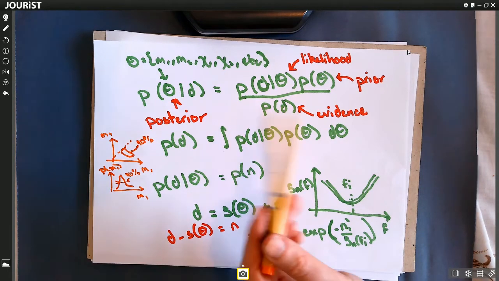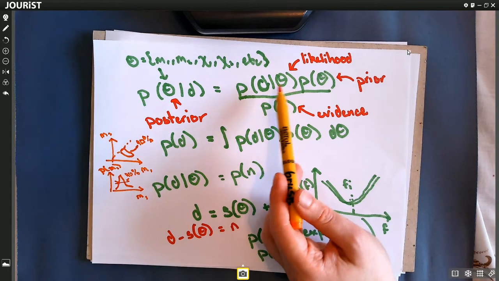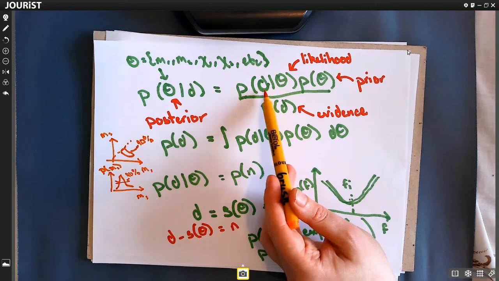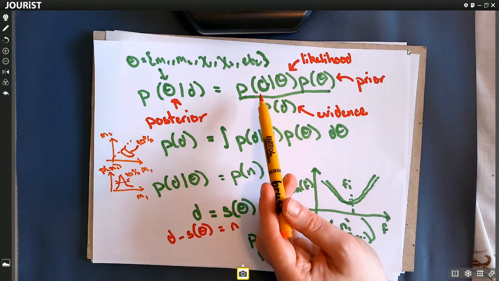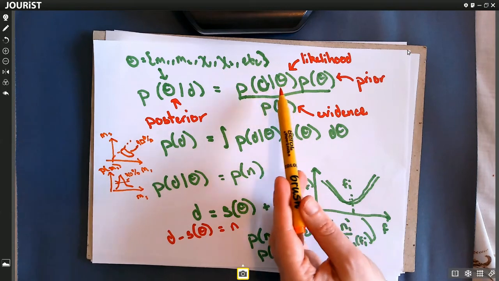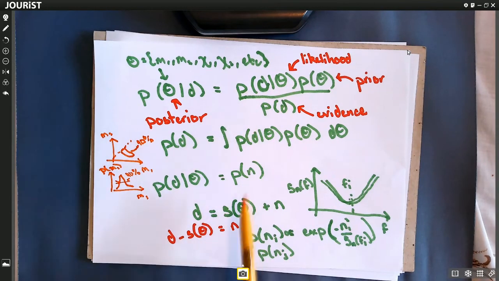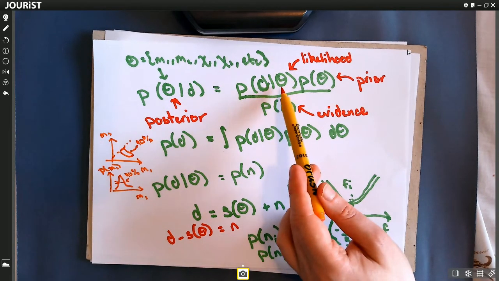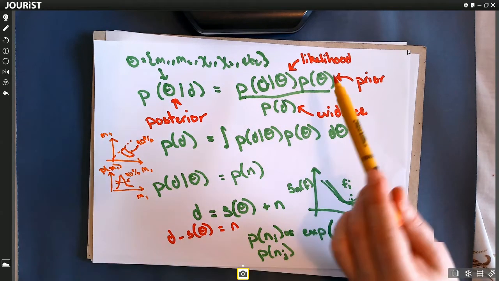How do we calculate this? Well, we have a likelihood. That is saying, assuming we had these parameters, what is the likelihood of getting this particular realization of the data? Okay. This depends on understanding the process we have going on. In our case, we make the assumption of Gaussian noise, so we end up with a Gaussian probability distribution going into this term here. We have a prior.